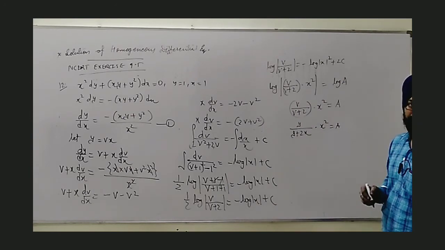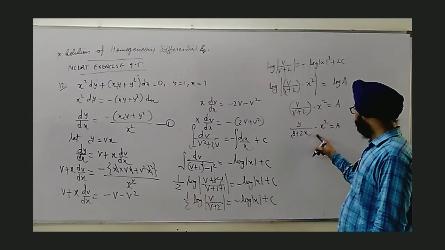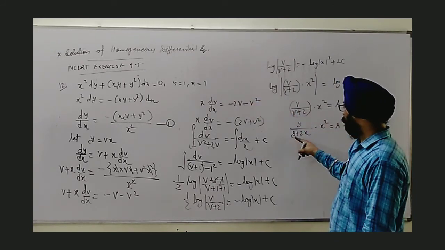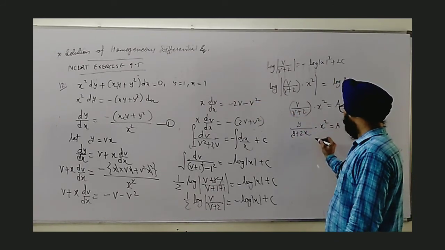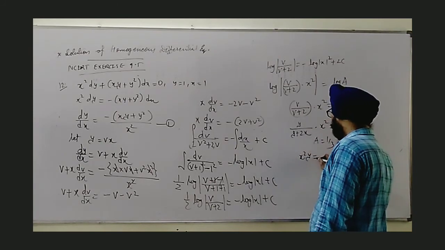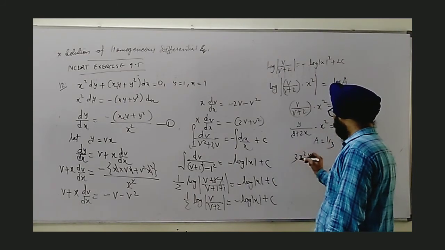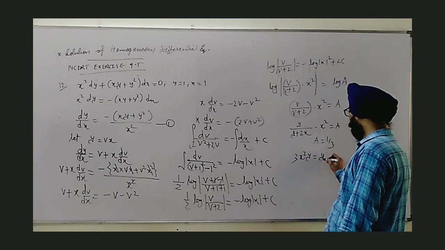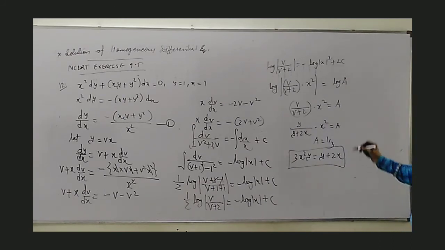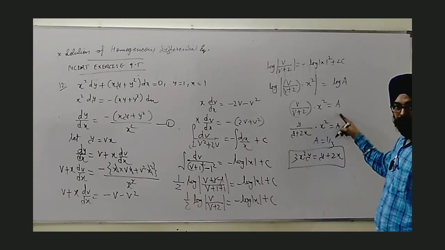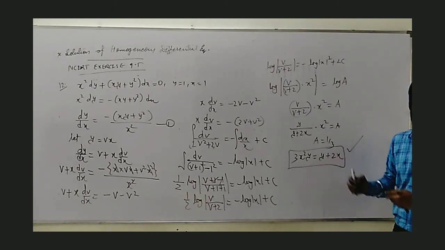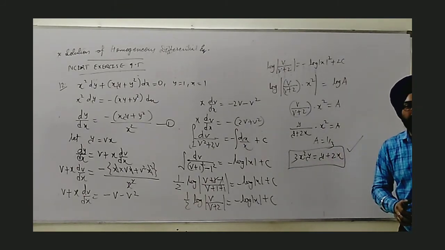Now replacing each by 1, y and x each is 1 as given to us, so this will become 1 plus 2, 3. A comes 1 by 3, or you can say x square y is equal to 3 shifted here, finally y plus 2x. This I have obtained by putting a as 1 by 3 and cross multiplying. This is the final answer, the particular solution of the given equation. I hope you get it.